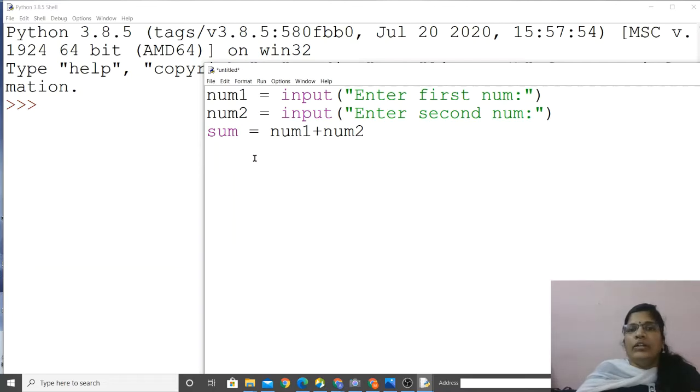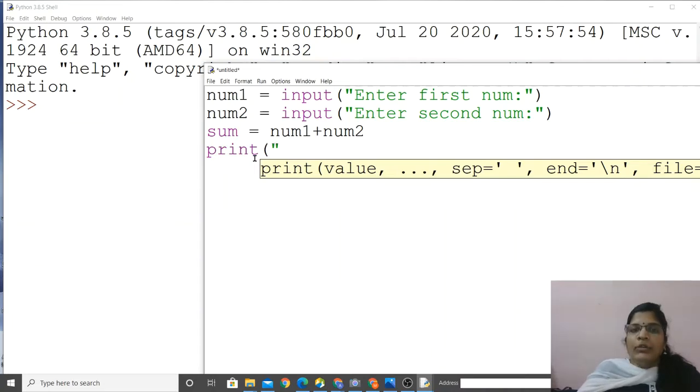Then output. Output means displaying. So the output function is print. In double quotation, sum of. Number one and number two, I want to display the real numbers. I don't want to simply say num1, num2. So when I write num1 without any quotation marks, it will display the value of num1, whatever the user has given here.